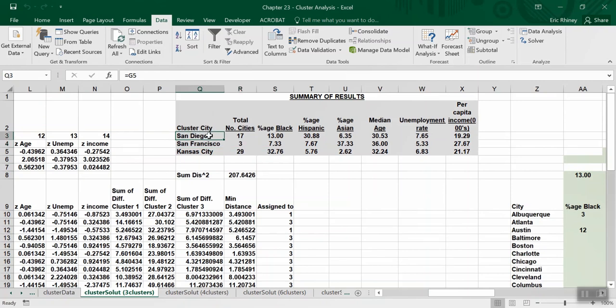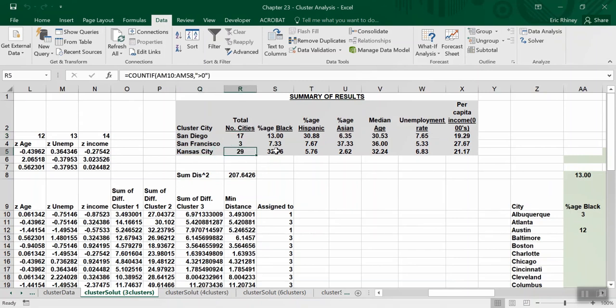But we do have San Diego, and I'm sure San Diego has taken over for Los Angeles. San Diego may be a little bit more central in terms of these other 16 cities. I say 16 because San Diego is part of this, so it's the 17th city. But it may be a stronger center for these 16 cities compared to Los Angeles. And then we have Kansas City, which now